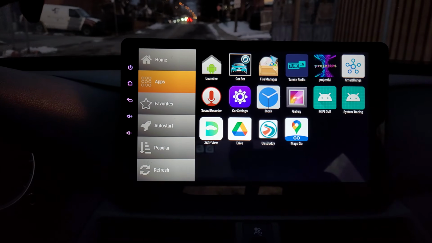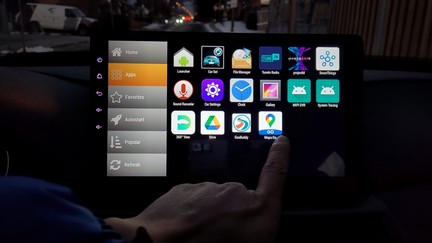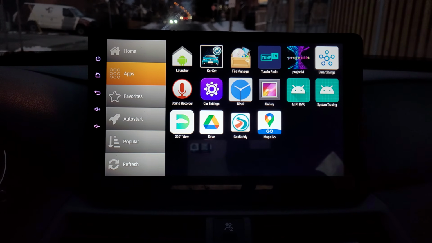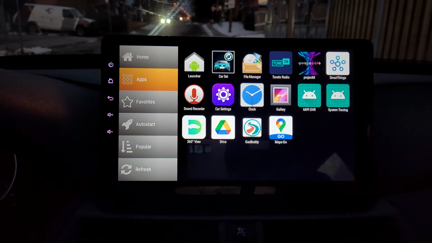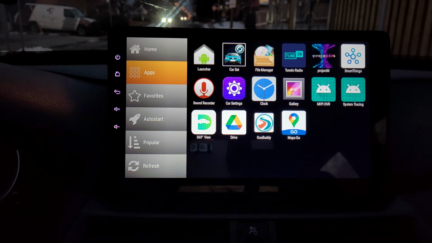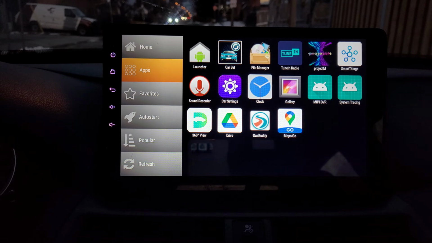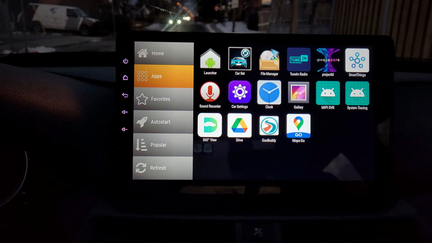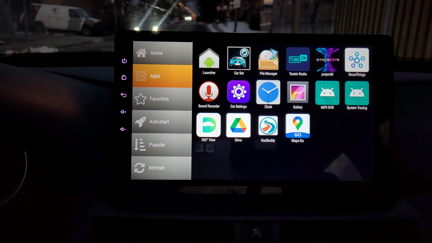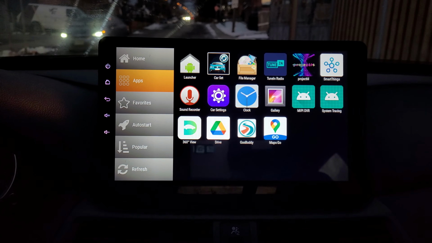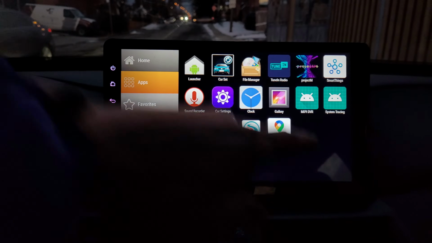And Google Maps Go, which is the lighter version of Google Maps that you can use if your Android head unit is slow. I think some Android head units that you purchase on eBay are pretty slow. You probably need to have Google Maps Go. It doesn't have a lot of features, but then again, it's